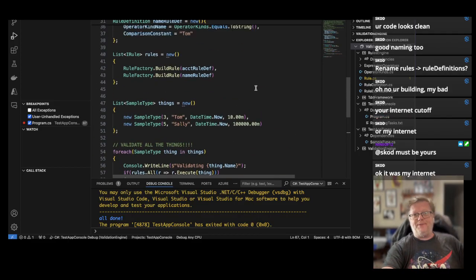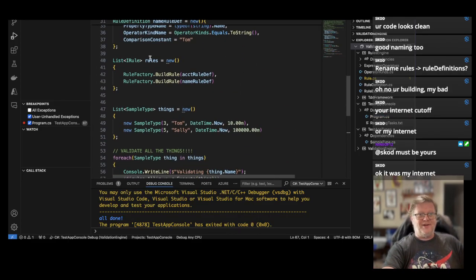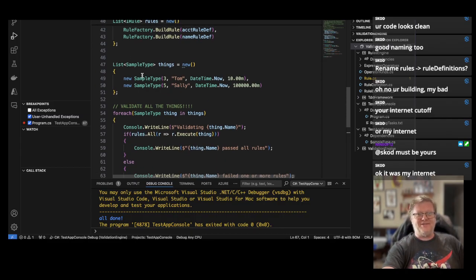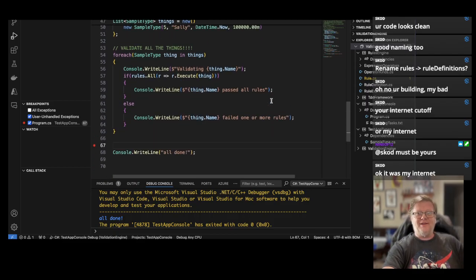So what I've done is I've put all of my rules into a collection. And I've put all the instances of the things that I need to validate into a collection. And so now,